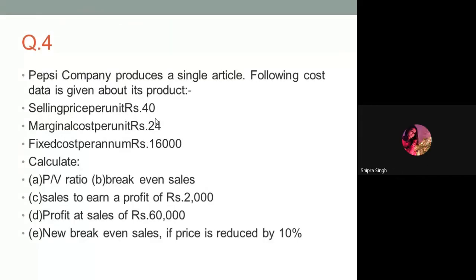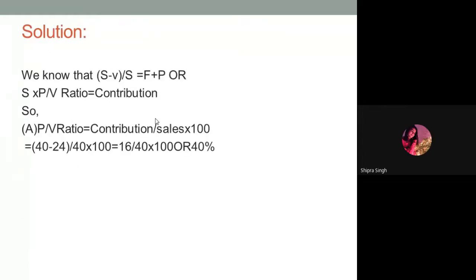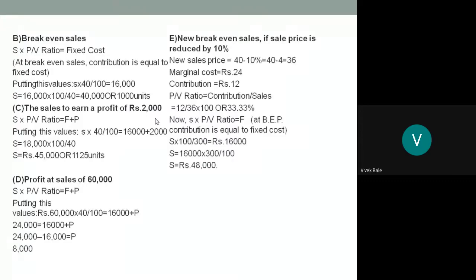See, here you can see on the question. What is the amount of selling price per unit? 40 rupees. Then, how much is our total sales? 45,000. So 45,000 divided by selling price per unit, which is 40. So the units will be 1125. Therefore, they must sell 1125 units, then they will earn 2,000 rupees as a profit. I hope you understood.